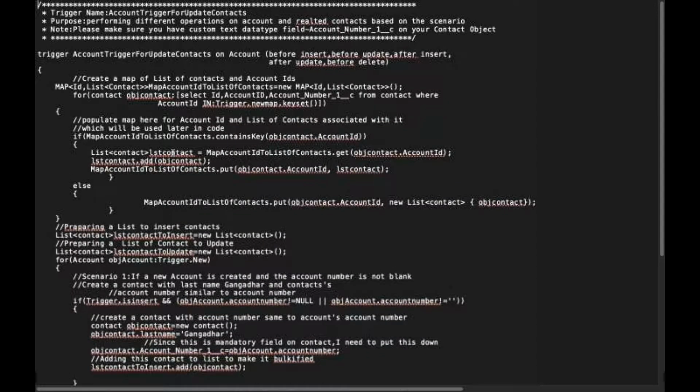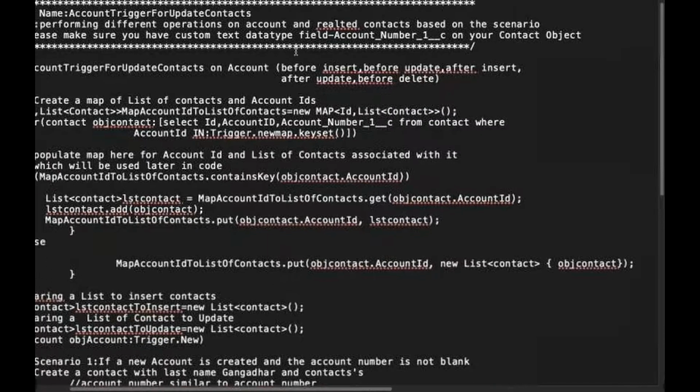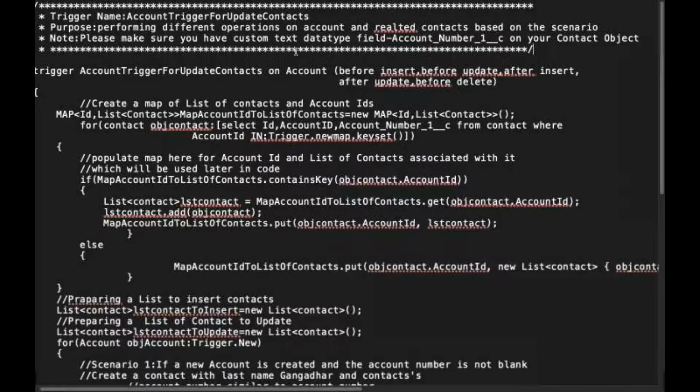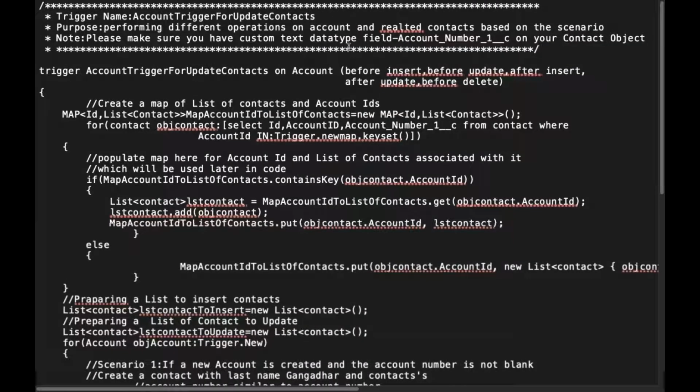So this is a trigger to calculate the number of related contacts for an account. Typically we will also have this kind of logic. Okay, so this is not that. This is to update account number in contact.